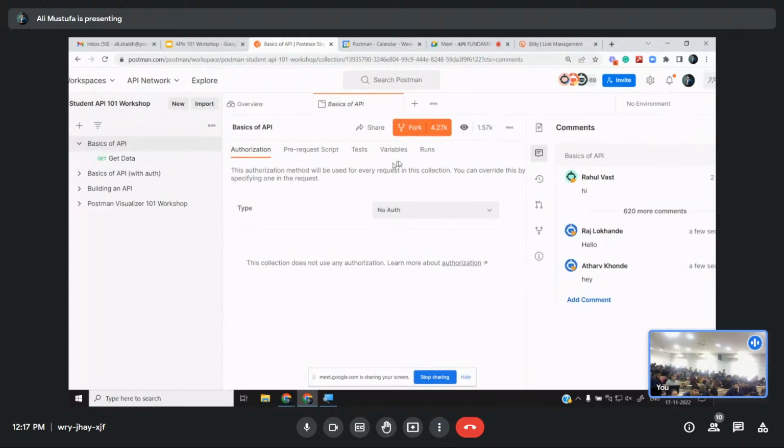Cool. Okay, so what you see here is a public workspace. What is a public workspace? To understand a very simple version of it, a public workspace is publicly available to anyone. Okay? So let's say you build an API,